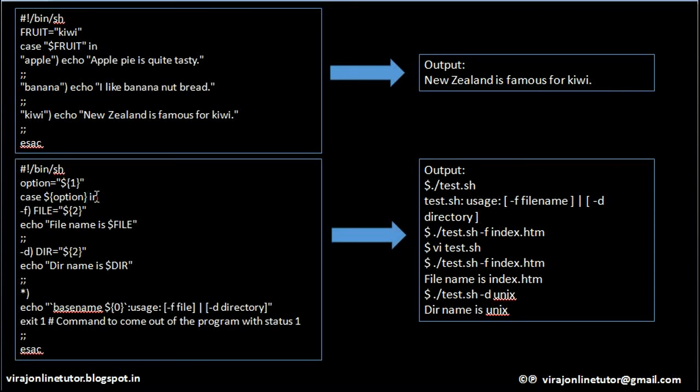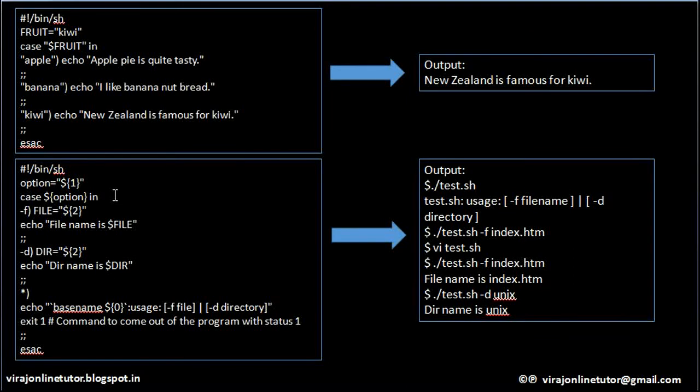In one of my initial lectures, I had explained to you all positional parameters, right? Whenever you call a shell script, if you pass command line parameters to it, then each of the command line parameters that you pass are called positional parameters. The first command line parameter is indexed with $1, the second with $2, the third with $3 and so on. Up till 9 positional parameters you can have, which you can fetch from $1 to $9. $0 is nothing but the name of the script that you are executing.